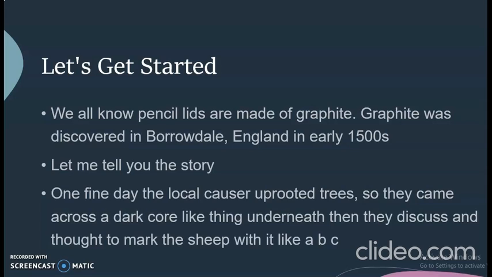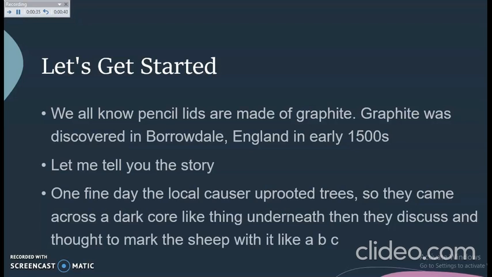One fine day the locals saw uprooted trees, so they came across a dark hole-like thing underneath them. I'll show it to you right now. One second, I will show you in the next slide. It looked like a very darkish, solid thing. Then they started discussing, and the first person says that,